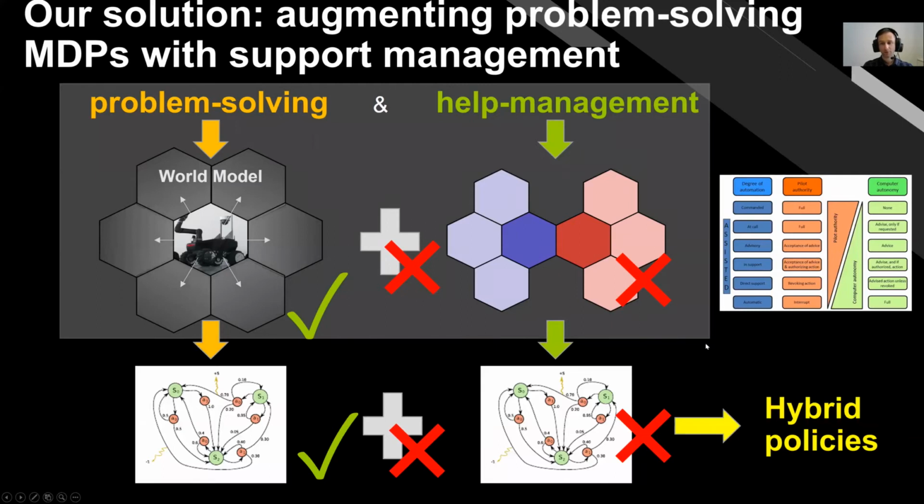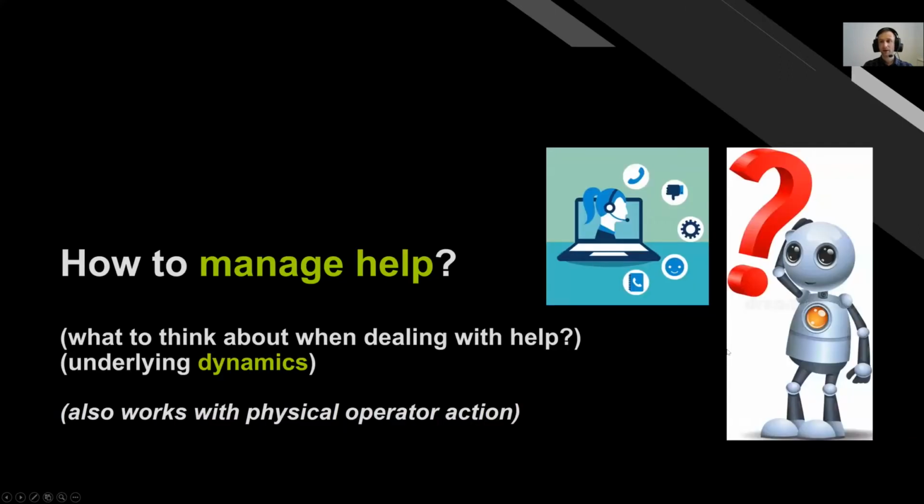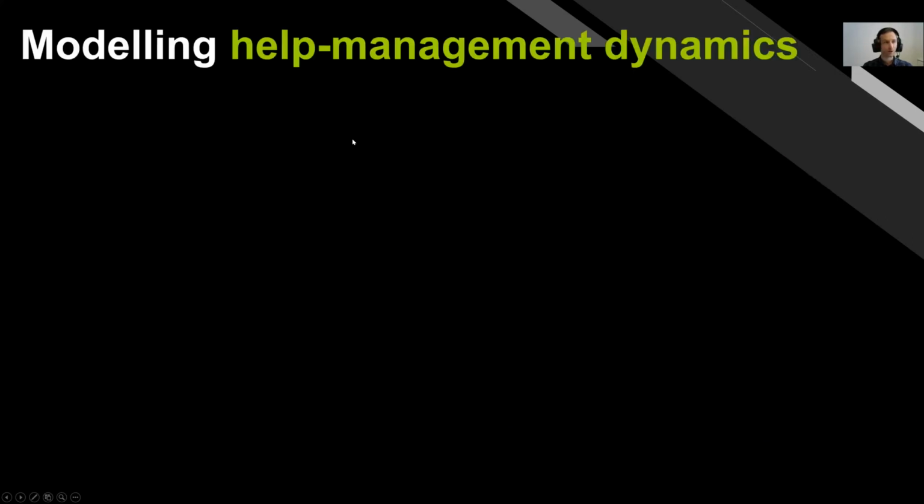We start from the conceptual level, and the general question that we ask is, how do you manage help? What do you need to think about when you ask for help, or in a situation where you need or can request some help? And what are the dynamics? If you ask for the helicopter, very likely it won't be there in 2 minutes, unless there is a good reason. So the first exploration is from a conceptual standpoint.